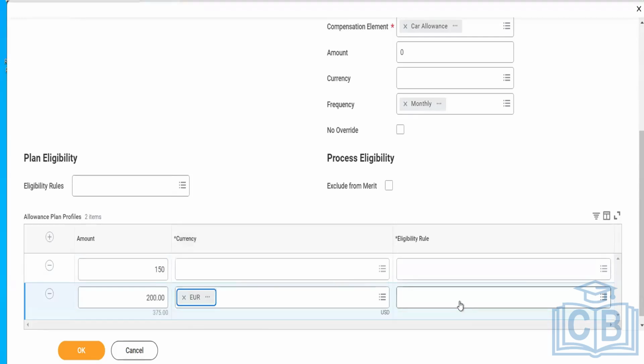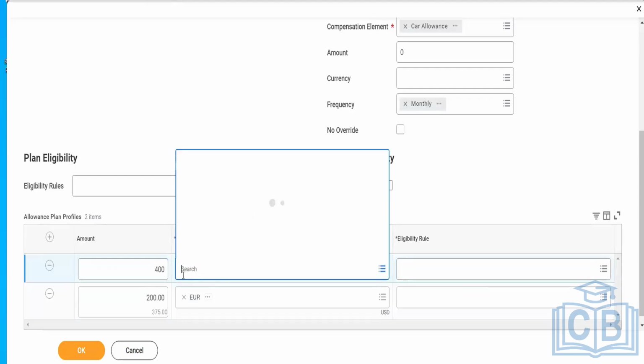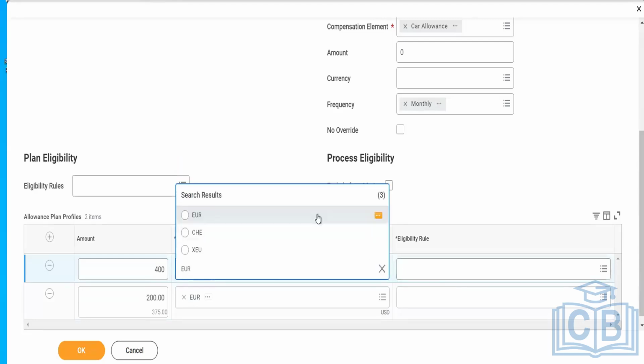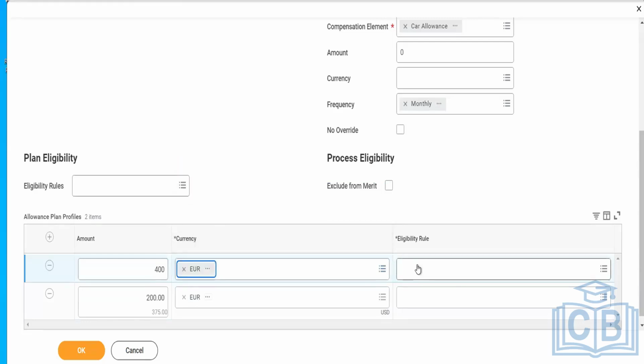That worker is from Netherlands. So the system auto takes the eligibility rule and populates the data accordingly. Correct. Here I will again define 400 euro. And in the eligibility rule section, now I will create a new eligibility rule and I will define the